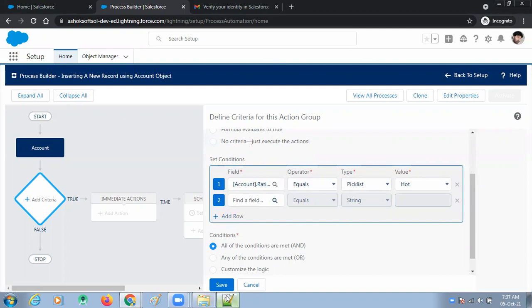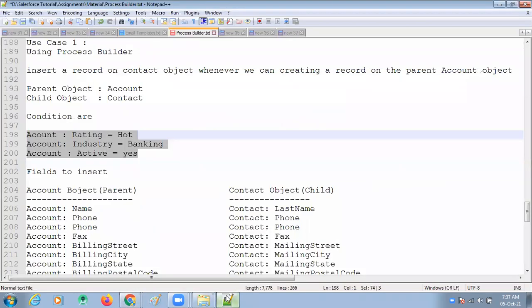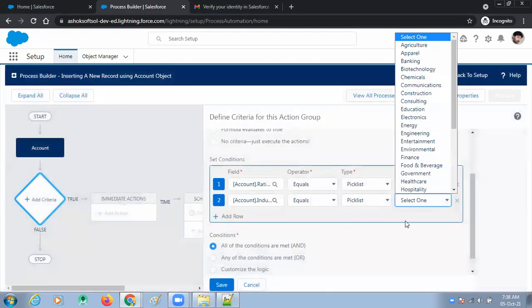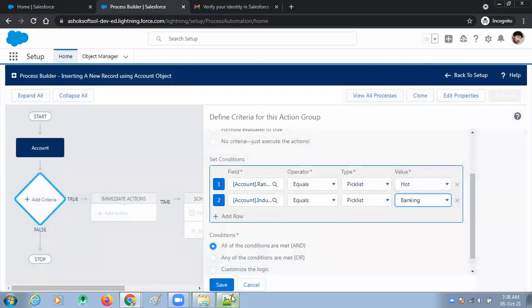What is the second condition? Industry equal to banking. Industry, you can simply type some of the letters related to our field. Select industry and choose. Industry equal to what industry? Look here, banking. I selected banking.